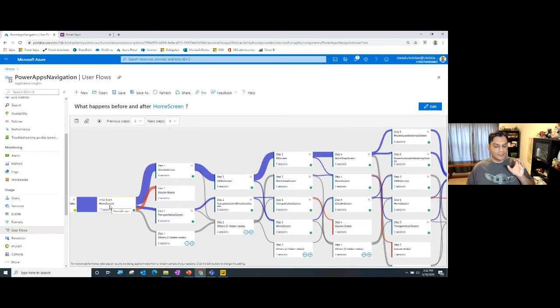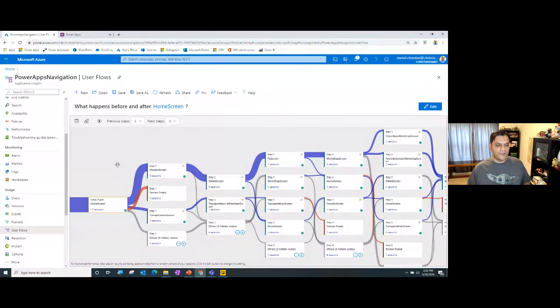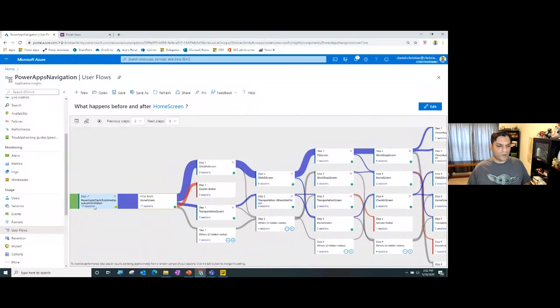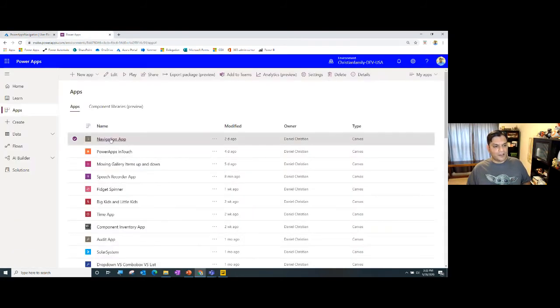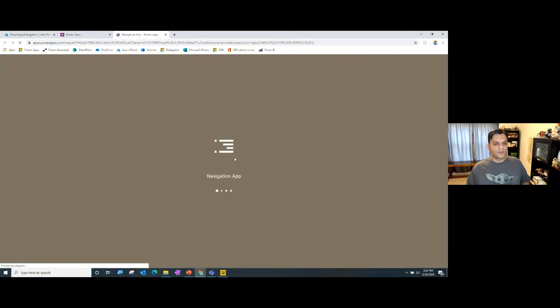So the way the graph shows is, see the thickness of these pipelines over here, the way these flows are working. What that tells me is that initially when the app opens up, see the app on start, there's a thick and only a single pipeline, which means by default, when the app opens up, everybody goes to the home screen because there's only one pipeline over there. But here things get interesting because remember, in the app, I've got the option right on the home screen to navigate to any one of these button options that I've shown. That's how that app worked.